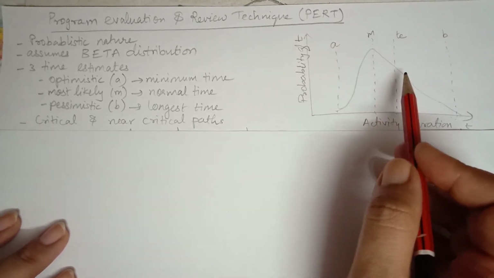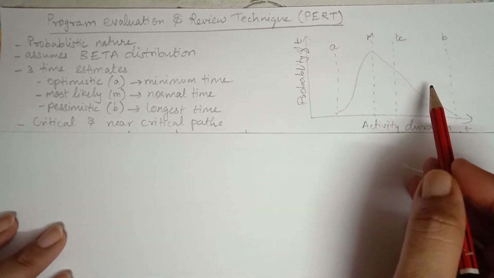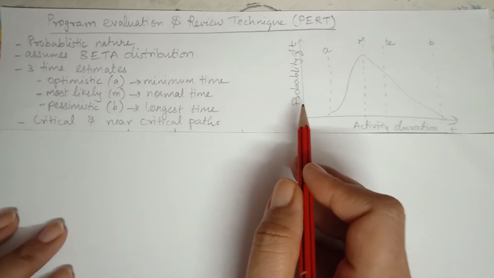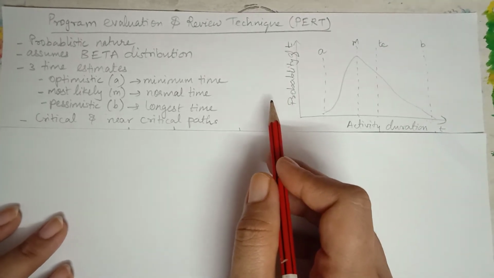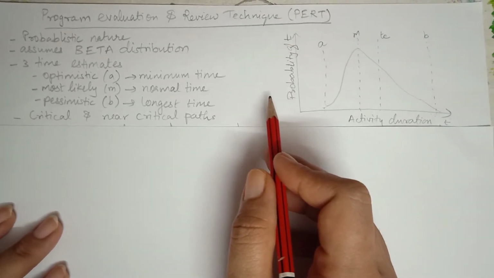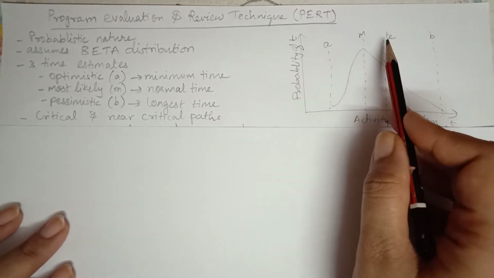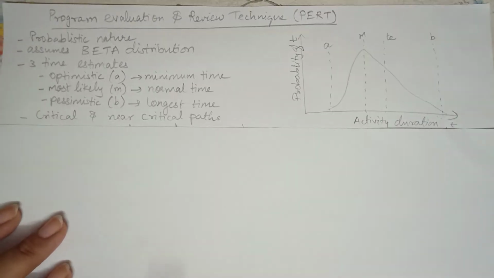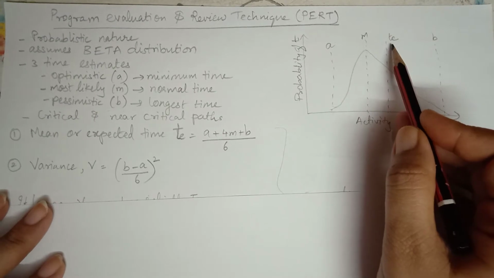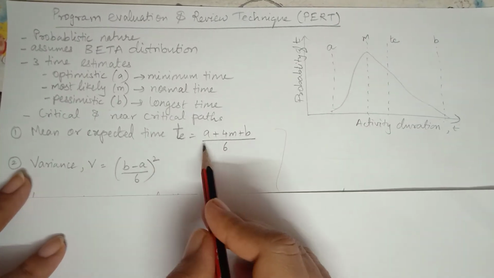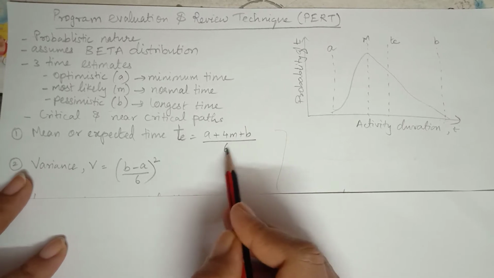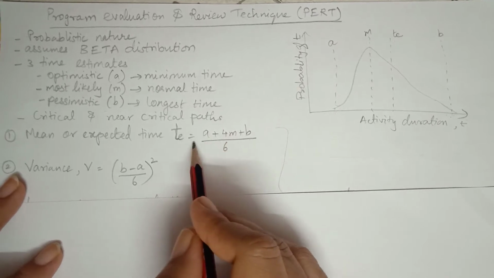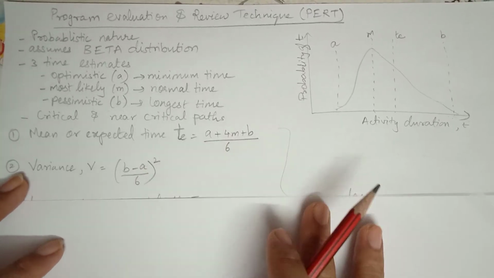Remember, a project is made up of n number of activities in a network diagram. So program evaluation review technique also assumes a network kind of a structure, where the commonly used network in PERT is AOA, that is activity on arrow. So for every activity in a project, we calculate this TE value based on the A, M and B values. So this TE is calculated by the formula TE equal to (A plus 4M plus B) whole divided by 6. This will give you the duration of one particular activity. Duration, I mean the expected time duration.